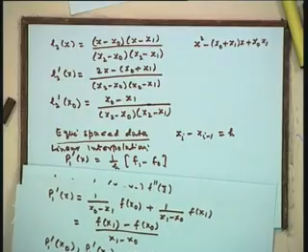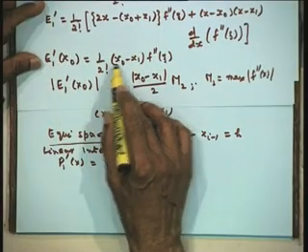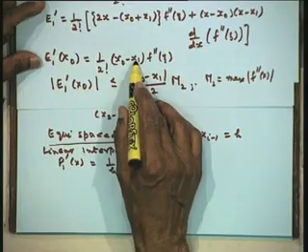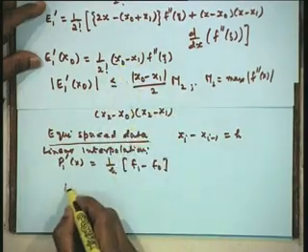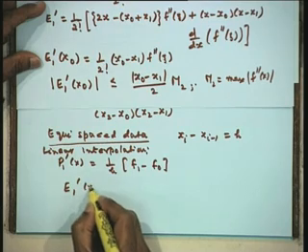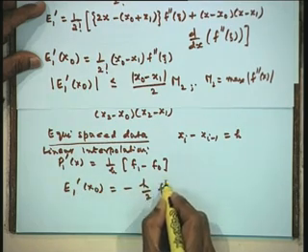And also let us write down what is our E1. So we have the expression for E1 dash at x0, that is equal to half of (x0 minus x1), this is minus h, times (x0 minus x1) minus h. Therefore the error at x0 will be equal to minus h upon 2 f double dash of xi.